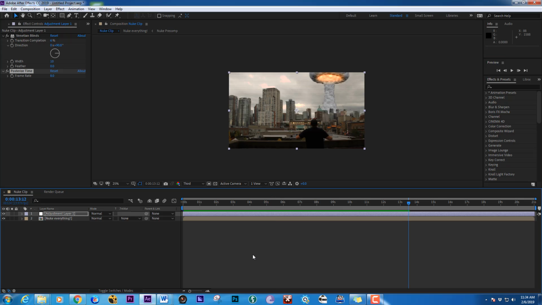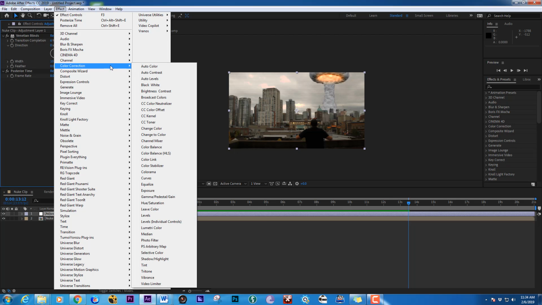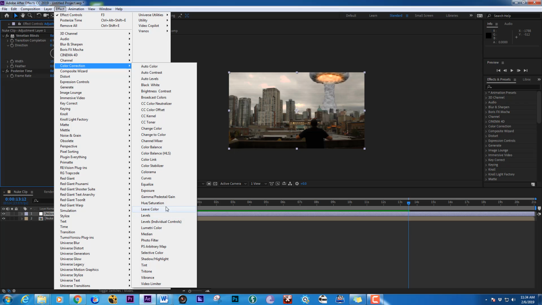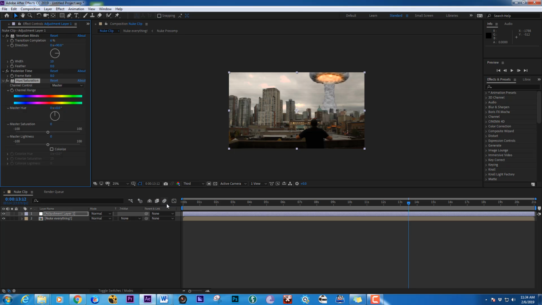Yeah, all right. So now we've got that glitchy security camera feeling. So let's do it up a notch. Let's introduce some color correction. So let's go to Effect, Color Correction, Hue and Saturation. Now we can drag the saturation all the way down to 0 and make it one of